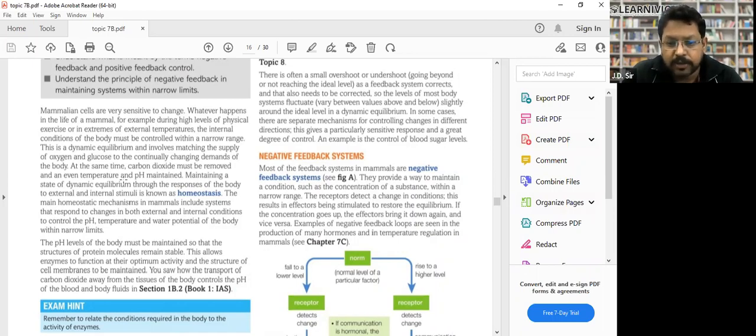So how does it happen? Actually, there are some hormones and there is a neural system. They are trying to control our body temperature. They are maintaining our body temperature. They will bring it down to the normal state. They'll bring the heart rate down to the normal state of 72, and the rate of respiration down to normal, approximately 14 to 16.